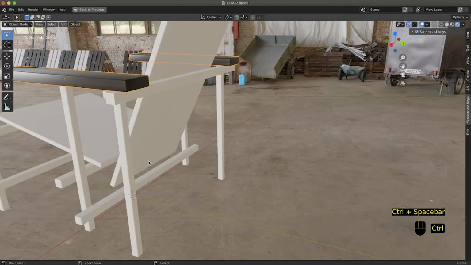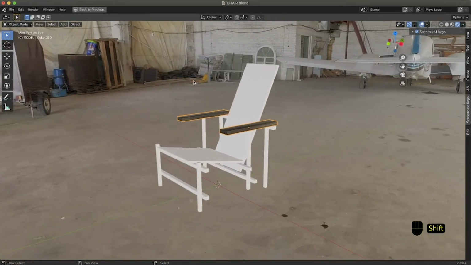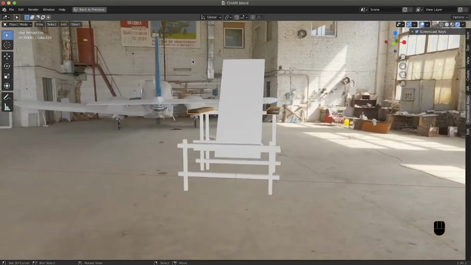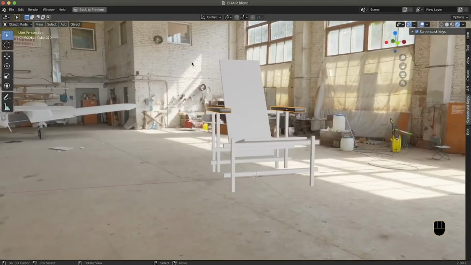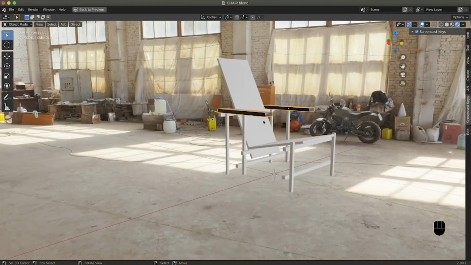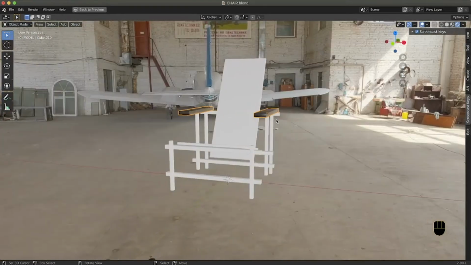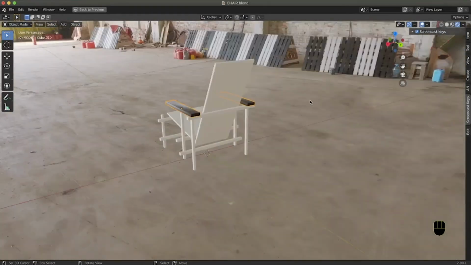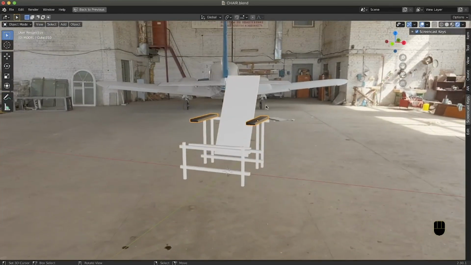I press Ctrl spacebar to maximize the window and to show the chair in its entire view. So as you can see, the HDR image will light our scene and will act as a background image. So for now it is fine because we don't really need to use any additional lights.